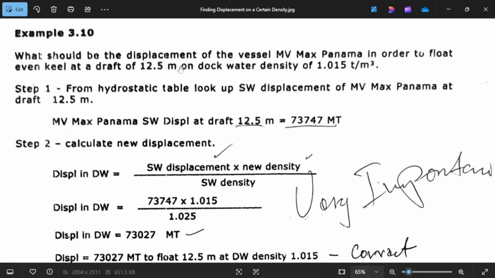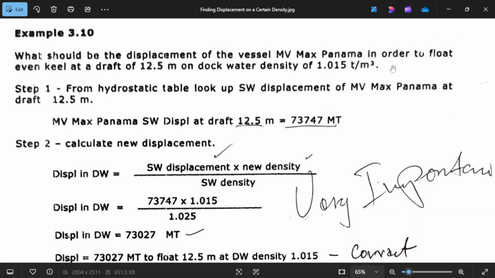So this is the problem. Example 3.10. What should be the displacement of the vessel Max Panama in order to float even keel at a draft of 12.5 in dock water of density 1.015?